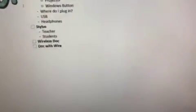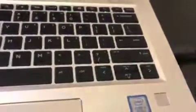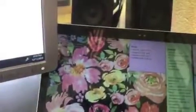Another thing that is really interesting with our computers is that right here, we do have a thumbprint recognizer. But we don't really need to worry about that too much. It's just a fun feature that you could do. And remember, this is all touch screen for our computer that you could work on. The camera's up here. Okay? If you have any more questions,